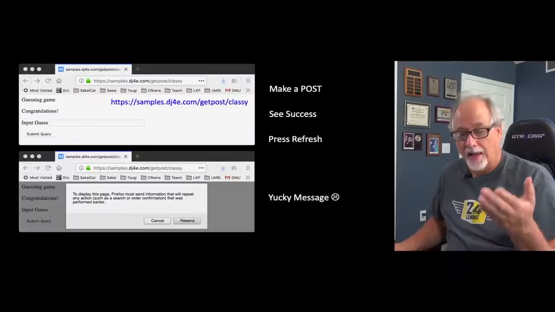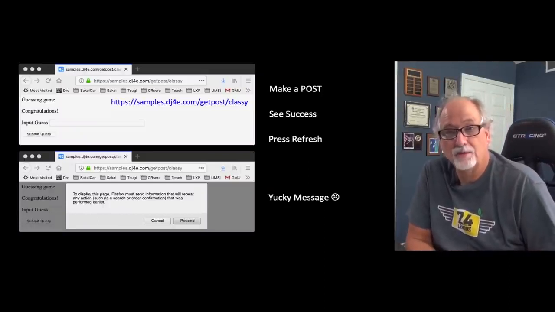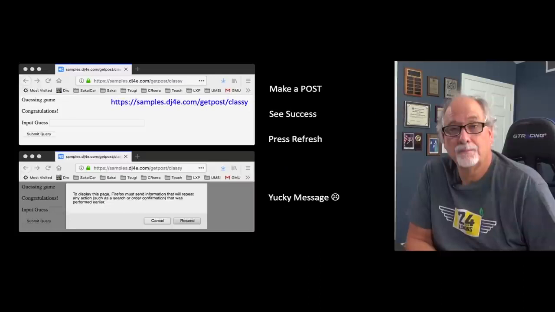So what happens is that because the browsers know that posts are potentially dangerous to the server, the user will get a pop-up, not from you, but from the browser to say, hey, this person who built this server application left you sitting on a post and you hit refresh and I'm about to post it again. So are you sure you really want to do that? And the problem is the user doesn't even know what a post is, barely knows what a refresh is, and it looks like a mess. So the way to do this is you go to the page, you type in 42,